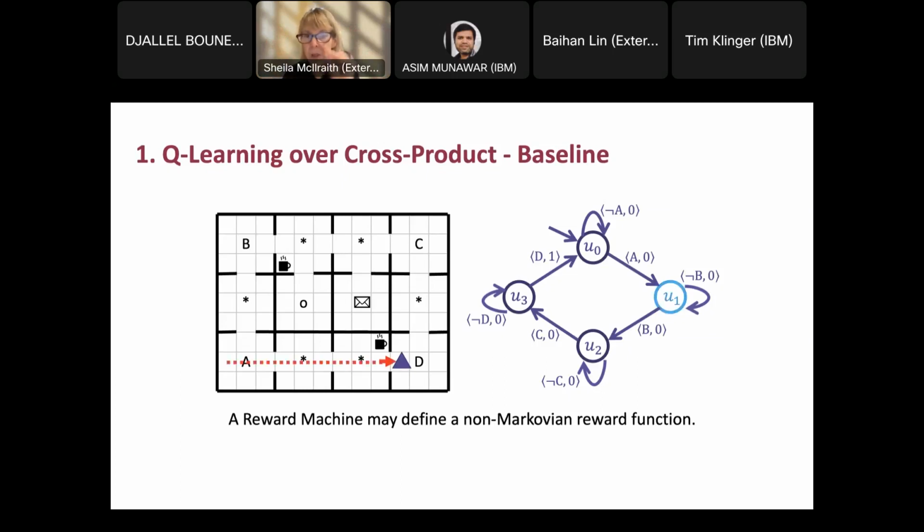And so just to illustrate that, or to ground that for you, if I had started in the square just to the left of A, and I'd gone to A, but then I'd immediately moved to where the little purple triangle is now, which is just to the left of D.